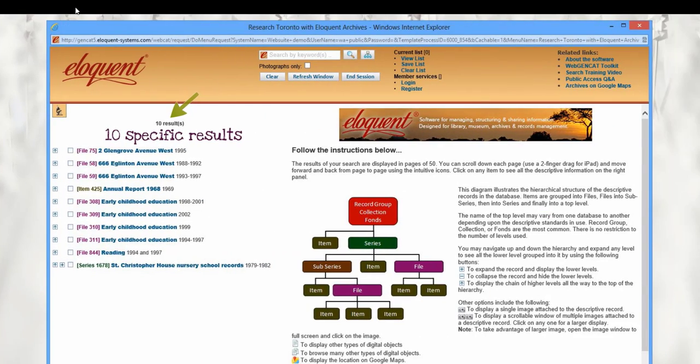This time I have 10 specific results. These are much easier to examine than the 3,000 plus I got earlier based on a simple keyword search. So a good controlled vocabulary means your users should be able to enter a general term and have the opportunity to expand that heading to see more specific terms, and vice versa. They should be able to search for a specific term and be able to move up the hierarchy to see